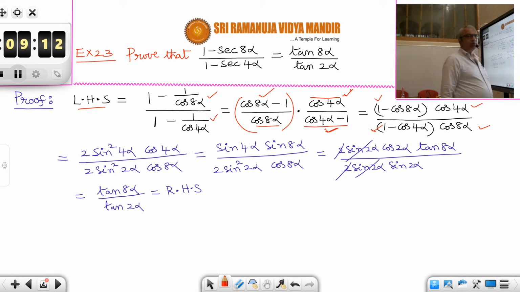What is 1 minus cos theta? Here it is in the form 1 minus cos theta. 1 minus cos theta is 2 sin square theta by 2. So 2 sin square 8 alpha by 2 means 4 alpha. Similarly, 1 minus cos 4 alpha. 1 minus cos theta again 2 sin square theta by 2. So 2 sin square 4 alpha by 2, that is 2 alpha. So remaining factors cos 4 alpha, cos 8 alpha will be like that only. Okay. Next,